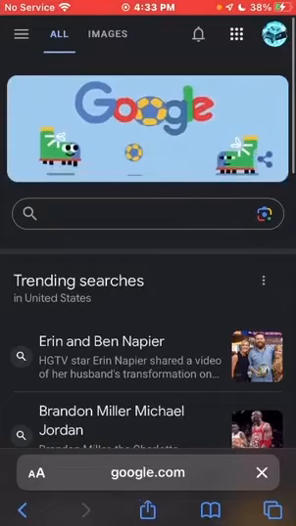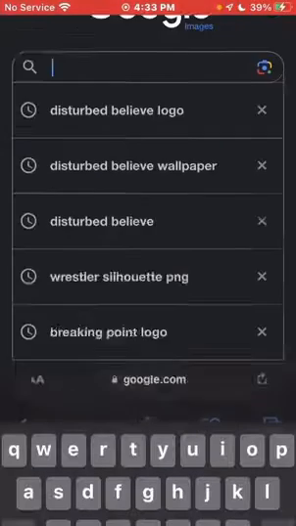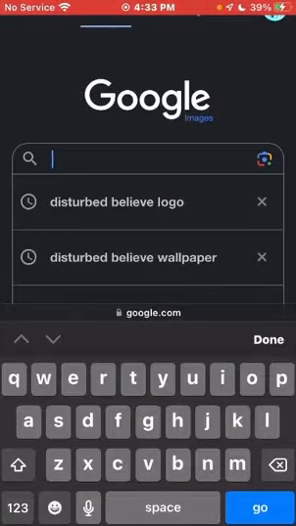So head into Google Images. By the way, this is going to be on iPhone. For the Samsung users, I don't know a method to do this yet, so I do apologize, but this will be on iPhone for all the iPhone users. So go to Google, head into Images, and search up